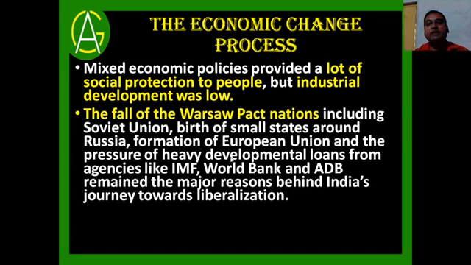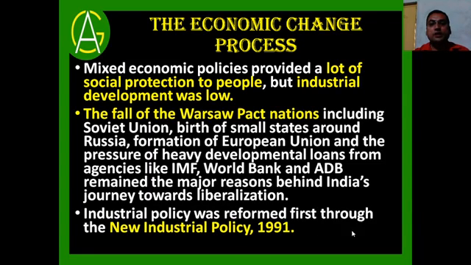and the pressure of heavy developmental loans from the agencies like IMF, World Bank, and ADB, that is Asian Development Bank. We had taken loan from all these kind of agencies, and as a result we had heavy burden of loan. Now because of that also we had to accept the new path of economy. As I said, mixed economic path gave several restrictions to the industrial sector, and that is why economic growth was very slow. Warsaw Pact was fallen down, and we had taken a heavy loan from these agencies,